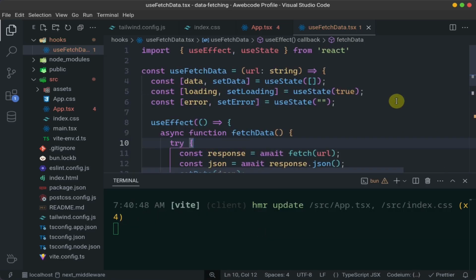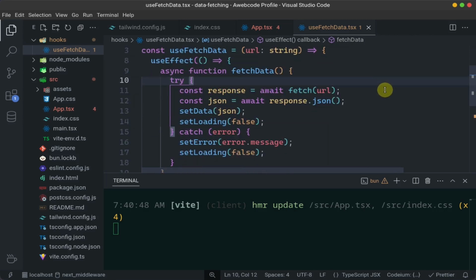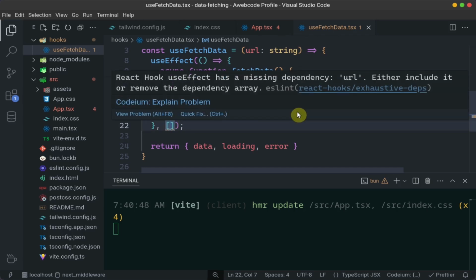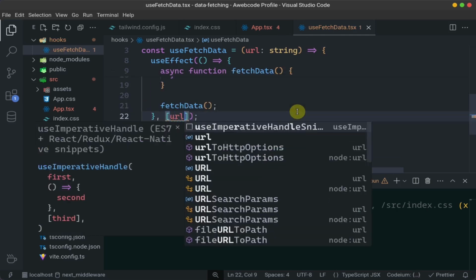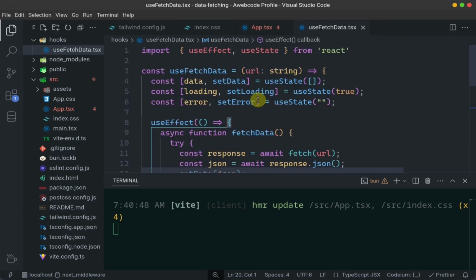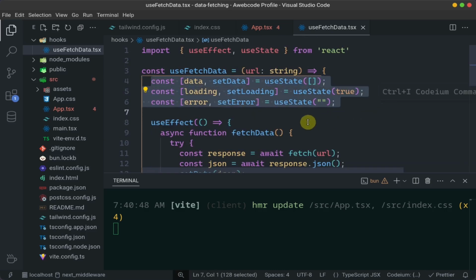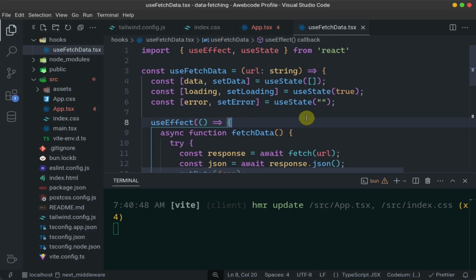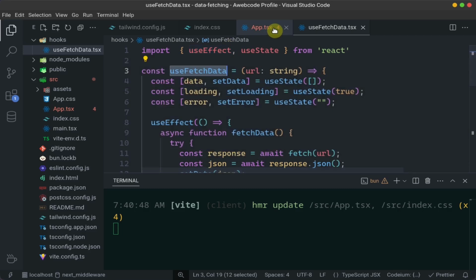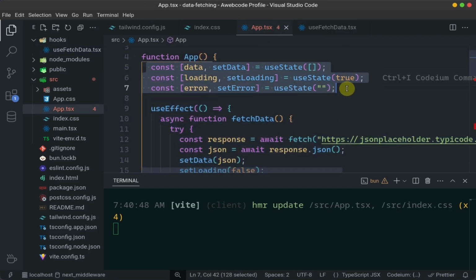Now this hook, or this function, dynamically accepts any type of url, handling the data. Here we need to just pass url. So this useEffect will be called whenever the url is sent. So this is our simple functionality that we will use in multiple places. Just call this hook in our app. Just call it in here,